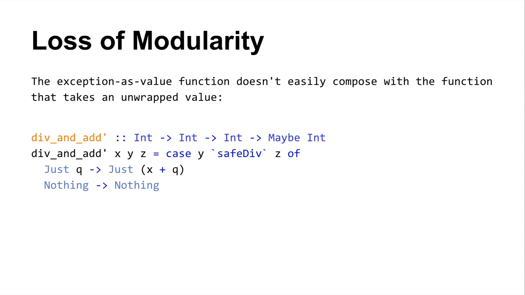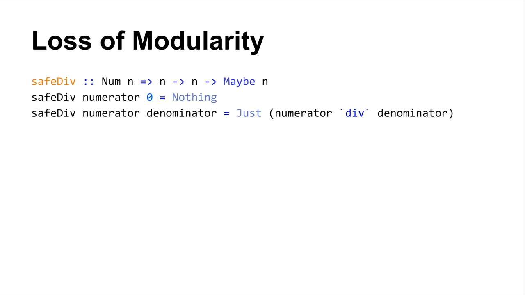But now you've got this issue where you want to compose something that returns a value of type Maybe Int with this other thing that just speaks in ints. You introduce a little boilerplate here. Once again, you can go back to the world of applicative, or you can lift this little guy here, the plus q, up into the Maybe context. But it's certainly a whole lot more code